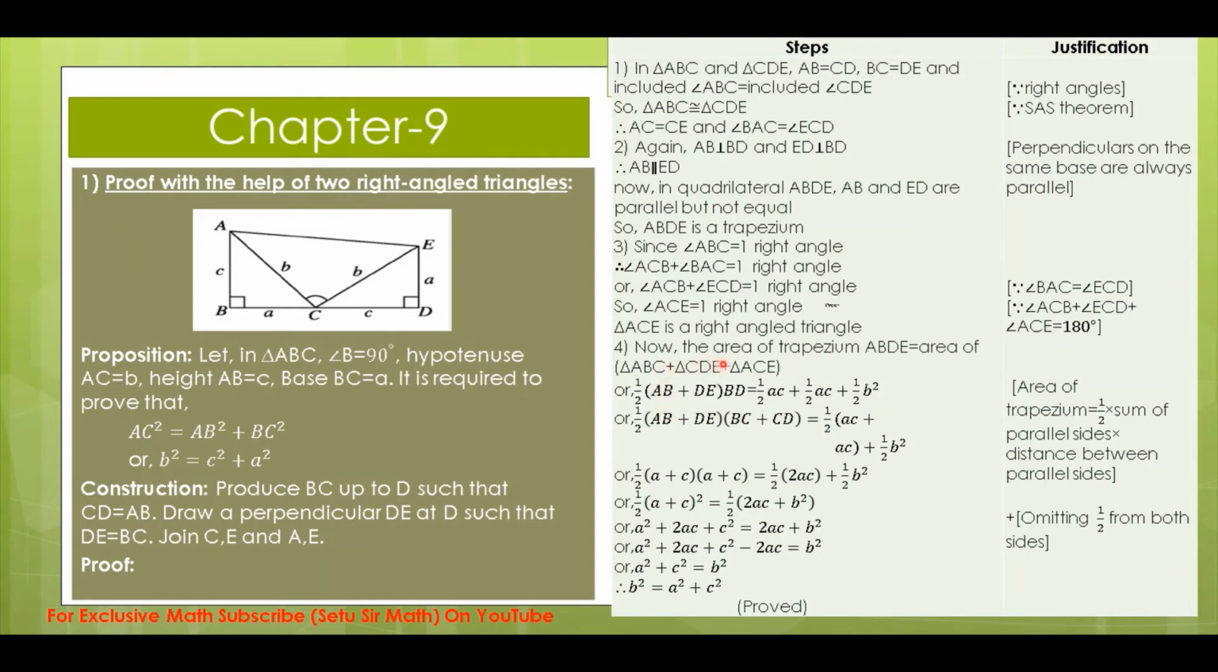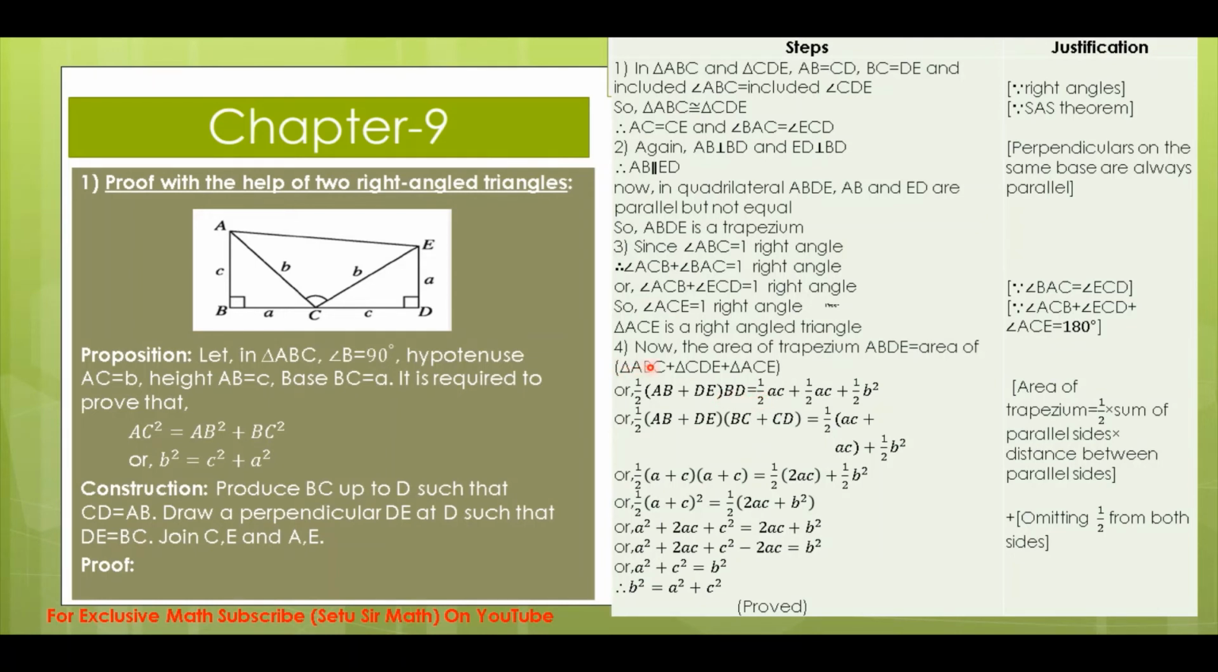Now the area of trapezium is half into AB plus DE into BD. In here you can see the area of a trapezium equals half the sum of the parallel sides, that means AB and ED are the parallel sides, and BD is the distance between the parallel sides. So this is the formula for the area of trapezium ABDE. And